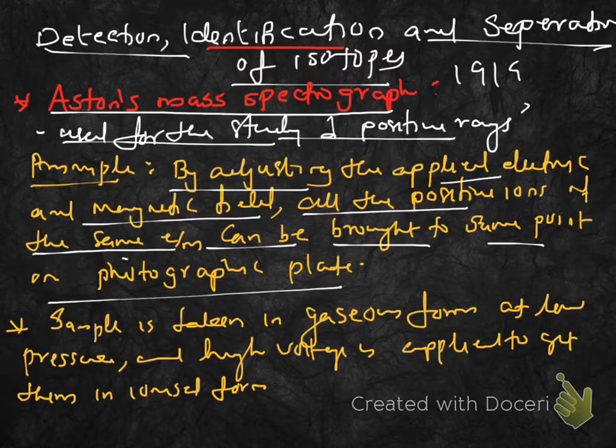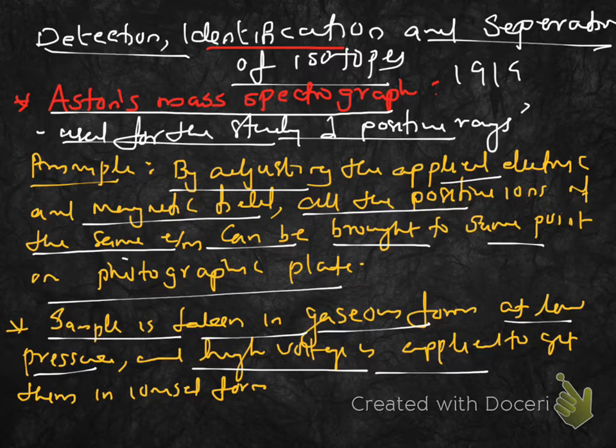Actually, in this experiment, the sample needs to be taken in gaseous form, and this gaseous sample is filled in a discharge tube at low pressure. Since gases conduct electricity only at low pressure, under normal pressure they are insulators. So we have to fill a discharge tube with gas at low pressure, and high potential is applied to make